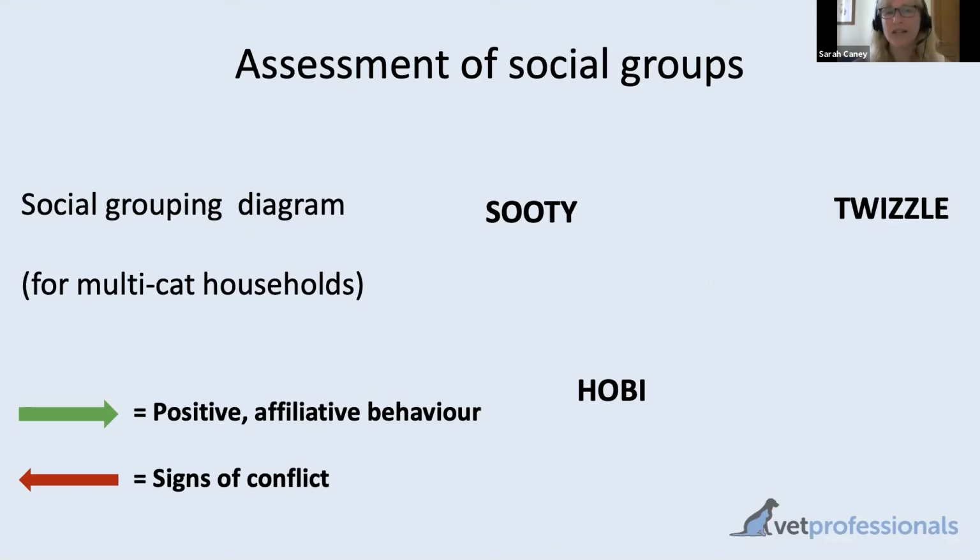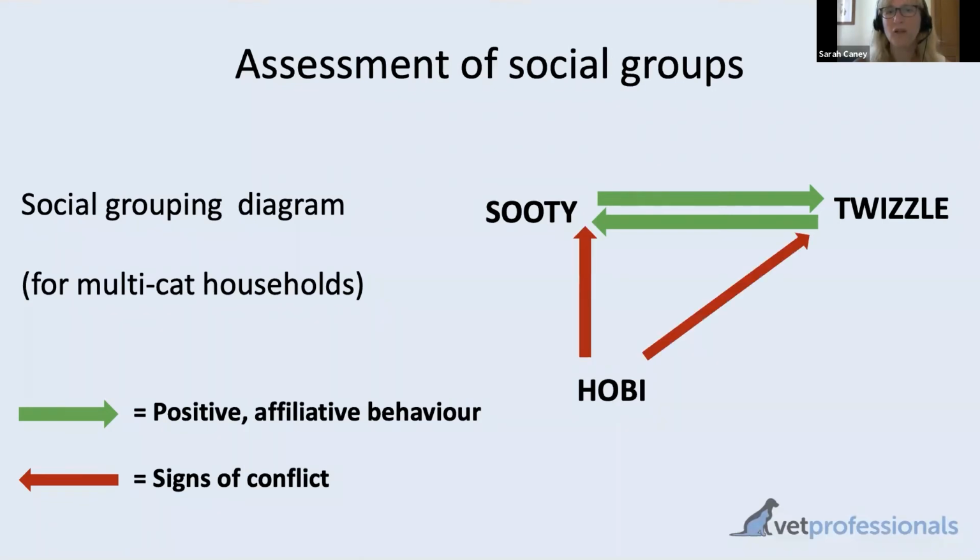So three cats in the household: Sooty, Twizzle and Hobie. Sooty and Twizzle like each other, so they show each other positive behaviours. Sooty is positive to Twizzle, Twizzle's positive to Sooty. They are one social group. And unfortunately, poor little Hobie, the newcomer, he's nobody's friend, and he in fact is likely to be antagonistic to the other two. So we have two social groups in this household, and we need to therefore make sure that